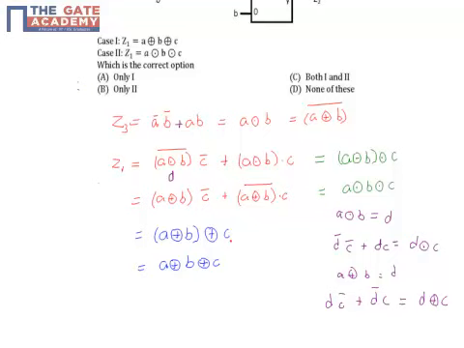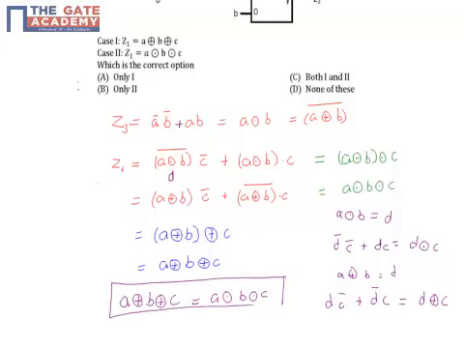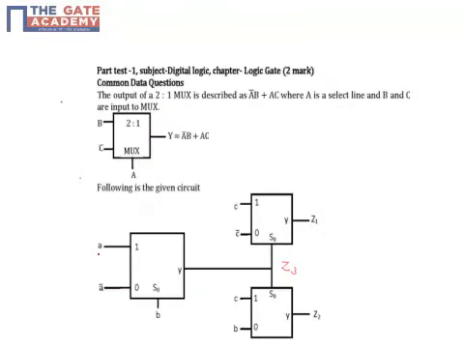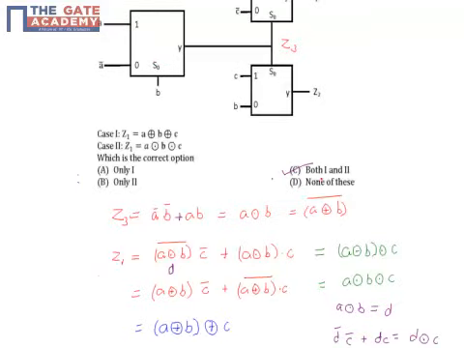So we can see over here that both of these are possible values of Z1. Please always note that A XNOR B XNOR C is equal to A XOR B XOR C. Please note this formula. Fine. So in this case our option C is the correct option, that is both case 1 and case 2 are true. Whenever we are given such kind of questions like this circuit, we proceed step by step to find our final answer, which in our case is option C, that is both case 1 and case 2 are true. Thank you.